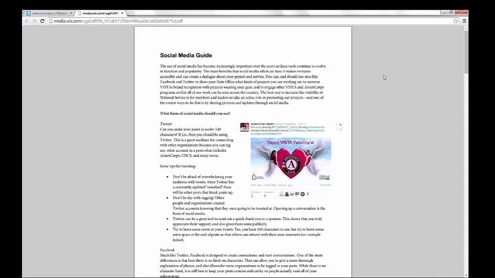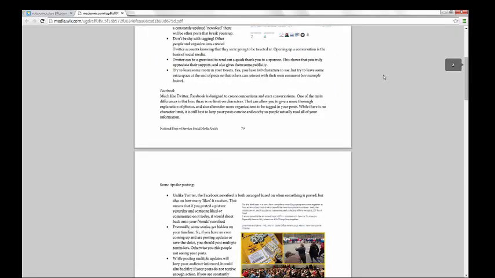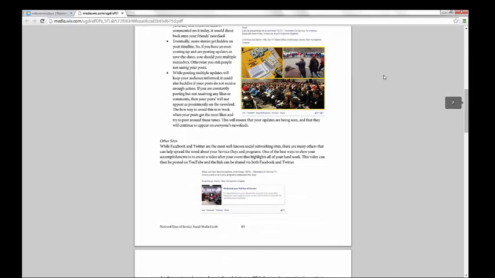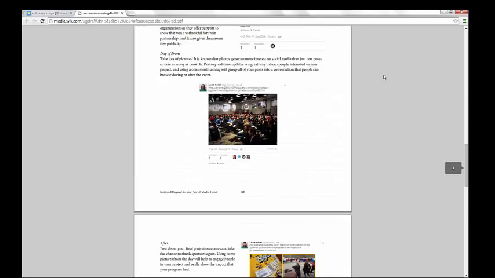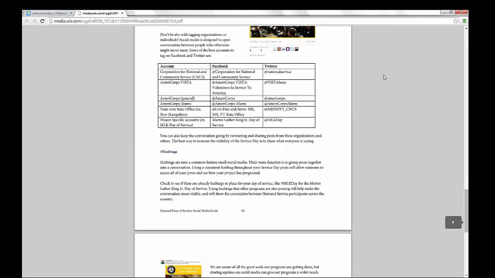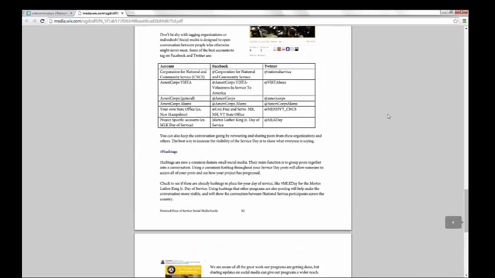There we go. This guide goes over the importance of hashtags, what organizations you should tag, as well as how to build up interest and then deliver results through social media posts. It focuses primarily on Twitter and Facebook because those are the 2 most commonly used sites, but it also does touch on using Instagram and YouTube to really show your audience the work you're doing. And just like the Marketing and Promotions Guide, this piece is tailored around service days, but it can be applied to so much more. And personally, I hope that VISTAs will take this information and make their AmeriCorps programs in general more visible by really utilizing all that social media has to offer.